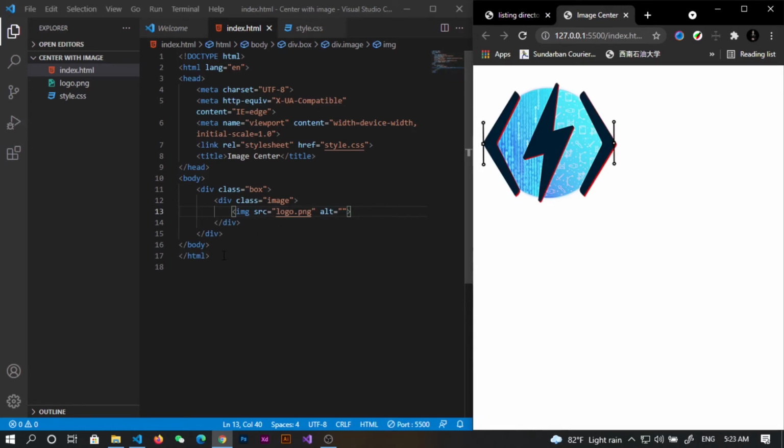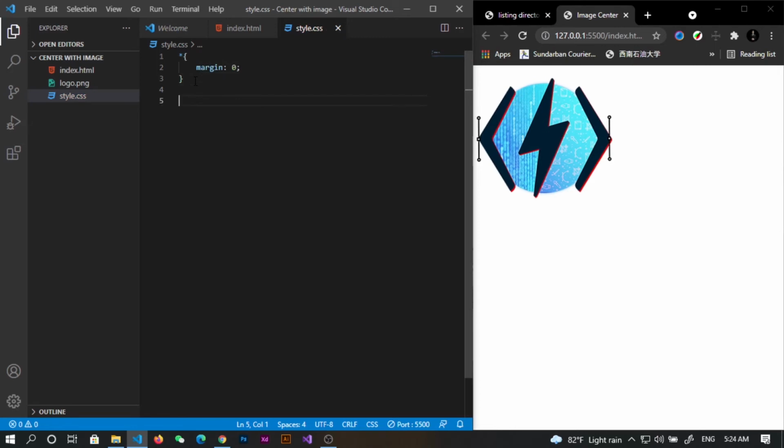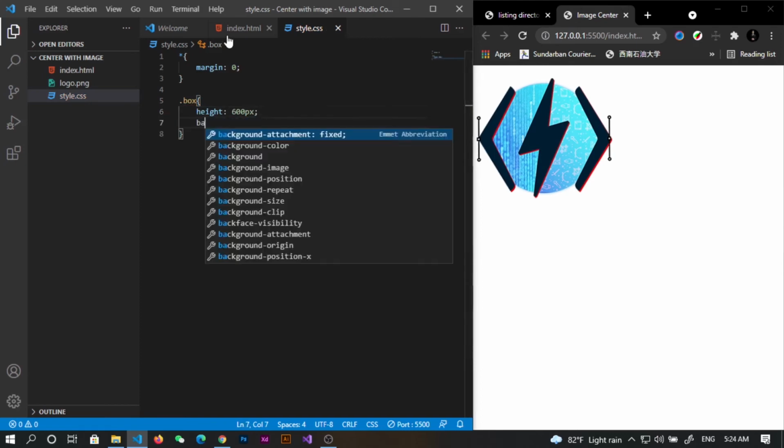So we're going to write something in the CSS file. At first we are going to take the margin 0. Inside the box tag we're going to take a height 600 px. The background will be orange,